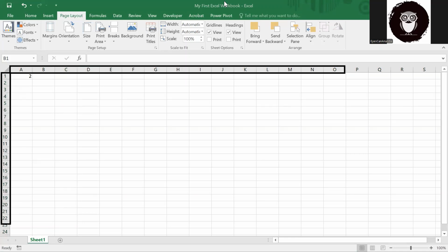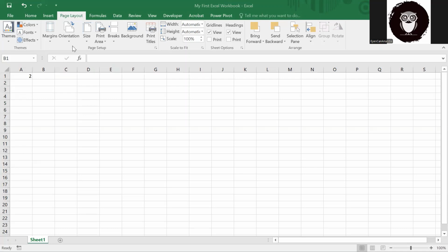So values can be typed to the cells, and values can be both letters and numbers. So I can type a number here, or I can have a letter. So I can say hello world.